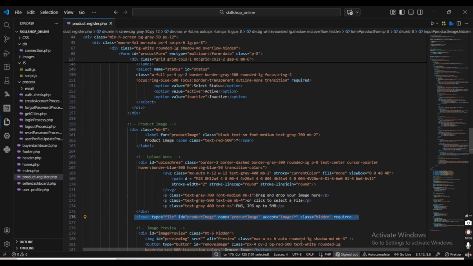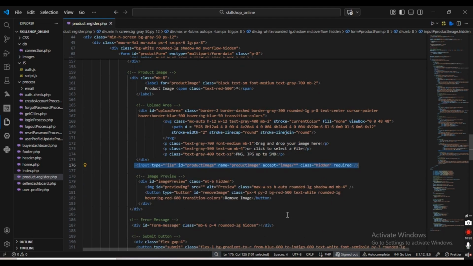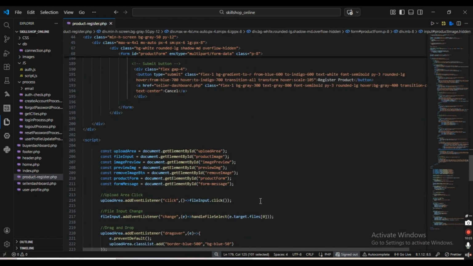Here I allow only image file types. Why do I use this? To prevent users from uploading documents or other file types. This improves security on our page. Okay, so